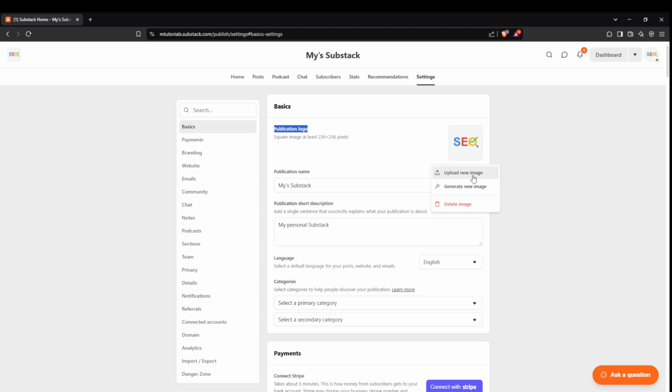Click on your existing publication logo and you'll be prompted with options to either upload a new image or explore a creative alternative. If you have a new logo ready to go, this is the time to click on Upload New Image. Ensure that your logo is of good quality and properly sized so that it looks just right on